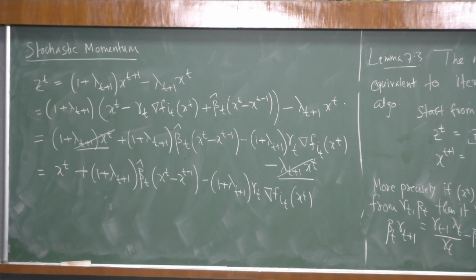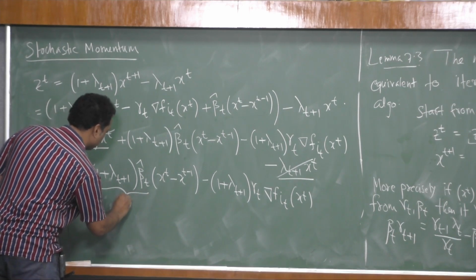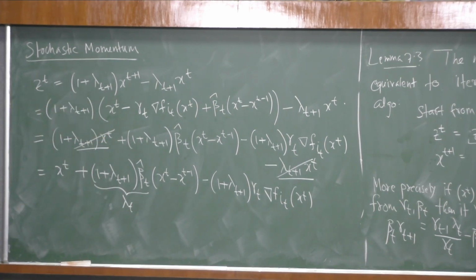Okay, so what do we have? The question is, can we bring zt minus 1? Of course, if I have to bring that, then these guys have to be lambda t. So do these conditions follow, given that beta hat is there on the third one, gamma t beta t by gamma t minus 1, and does everything get in place so that I get a gamma t? So what I can do is substitute the beta hat first. That will be the first step. So if I substitute beta hat first, then